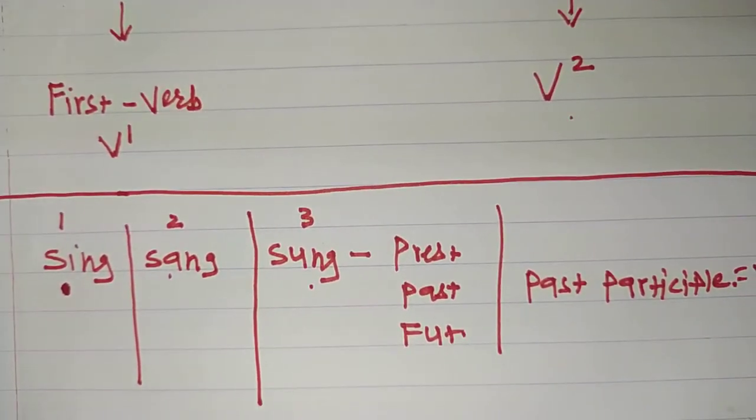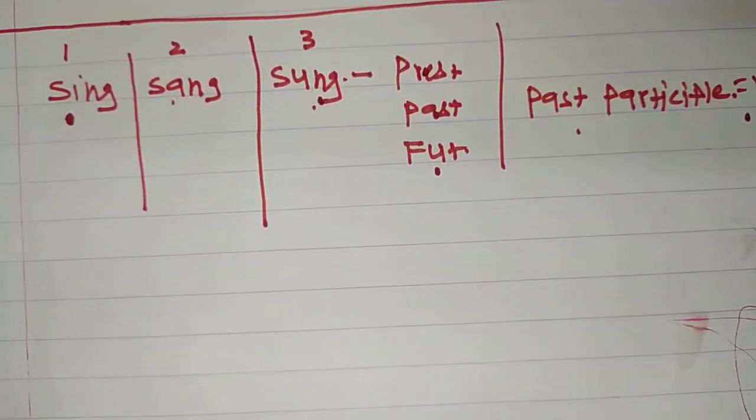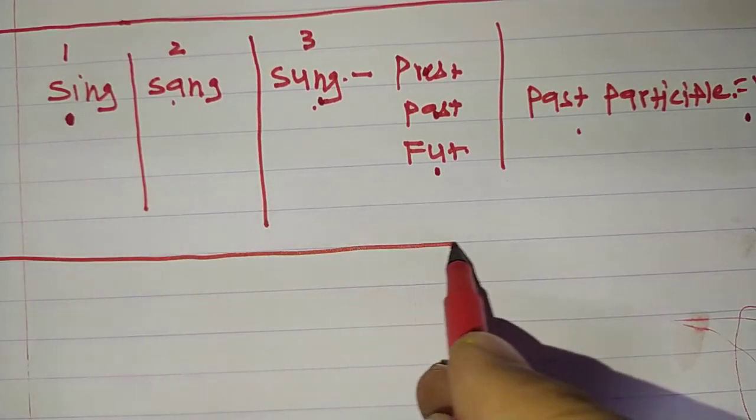Side by side, I also clear one point to you that all verbs have three forms, and the third form of the verb we use in all three perfect tenses: present perfect, past perfect, and future perfect. Whenever we write a sentence of perfect tense, we write the third form of the verb, and this third form of the verb is called past participle in grammar. Okay, now we'll talk about the sentences of simple present and simple past.